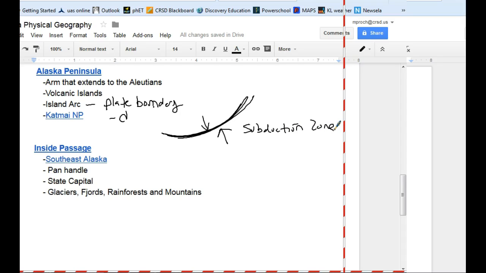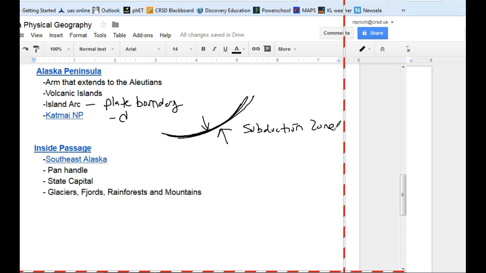So if you look anywhere on the globe, if you take a globe and just check out all the islands, anytime there's an arc, you can be sure that there's one plate going underneath another. As one plate goes underneath, gases get pushed up and they form these islands. But that's the Alaska Peninsula. A lot of people go to Katmai National Park there for bear viewing, really good fishing there. Not a lot of people, just kind of like here, but a little bit different climate.